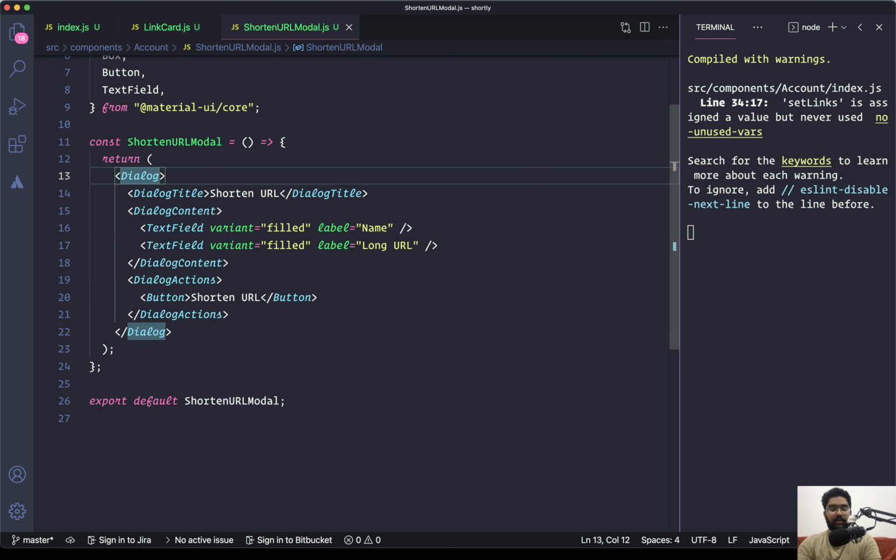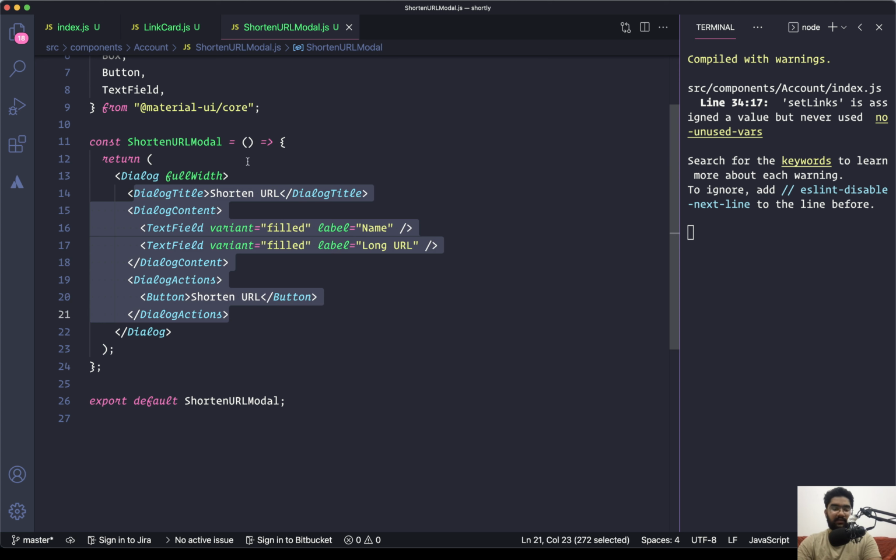On the dialog component, we need to pass in the full width prop. Otherwise, the size of it will be as much as the content which goes inside of it. So, whoops, what did I do? Oh, dialog, and yep. So if we do not pass this prop, then it's going to be as much as the size of the content which goes inside of it. But by passing in the full width, we ensure that it has like a minimum amount of width, which actually